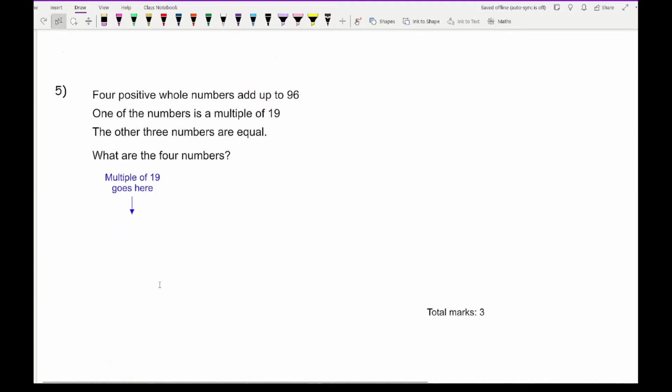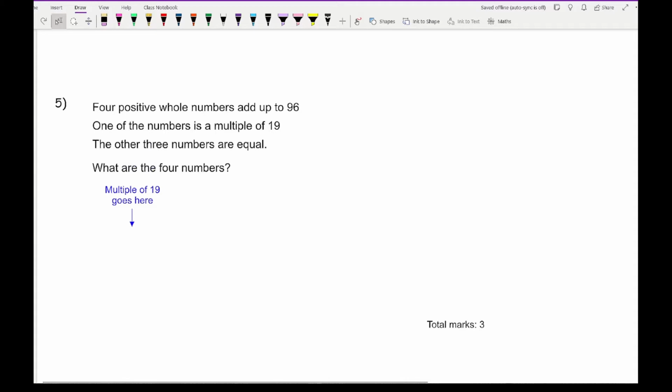Moving on to question 5, it says that 5 positive numbers add up to 96. One of the numbers is a multiple of 3. The other 3 numbers are equal. So it says what are the 4 numbers? Now for this, I would start off with these types of questions by writing